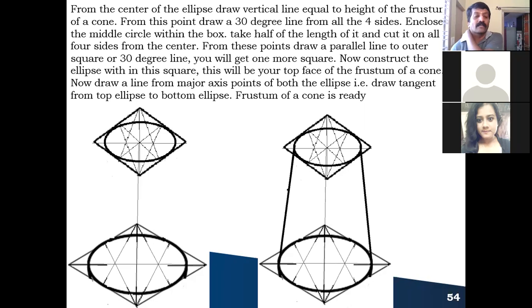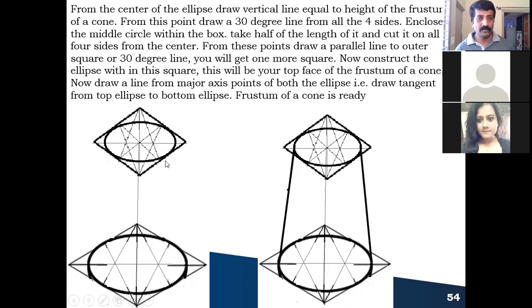Okay. So now after this, using the four center method, you have to construct the ellipse here. From this corner, you draw a line exactly at the midpoint of this side. Same point, you draw a line exactly at the midpoint of this side. From this corner, you draw a line exactly at the midpoint of this. With the same point, you draw a line exactly at the midpoint of this side.